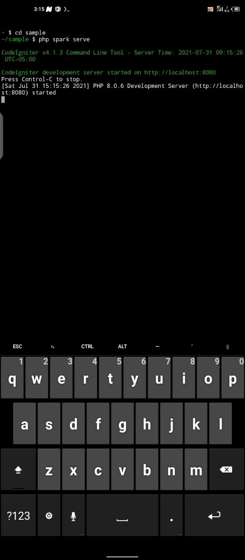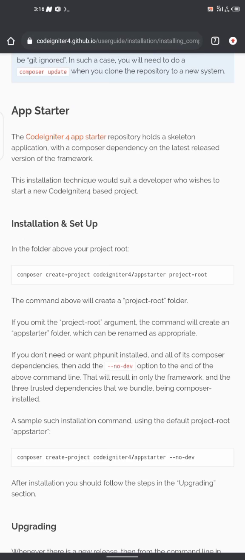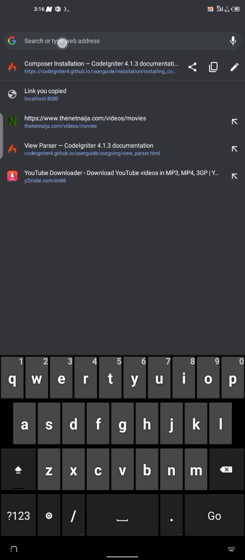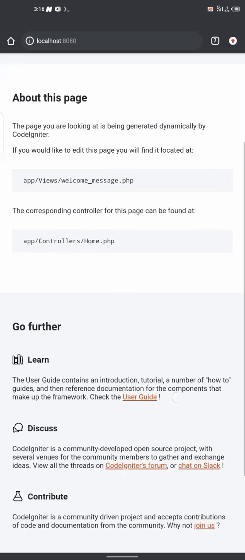Once you run this, you can see it has started our local server. Once the server has started, you can just go ahead and copy the address here, this localhost:8000. I'm just going to copy this, go to the browser, and paste it here. We should run it now. You can see you have Codeigniter installed